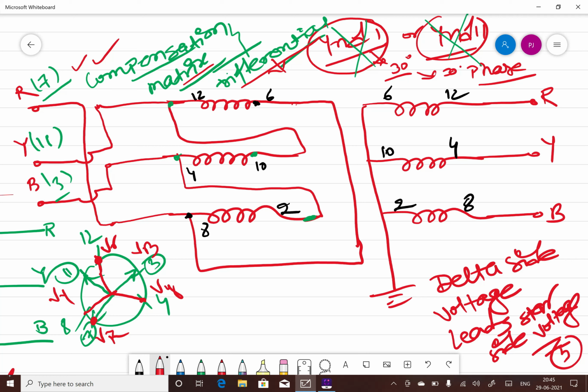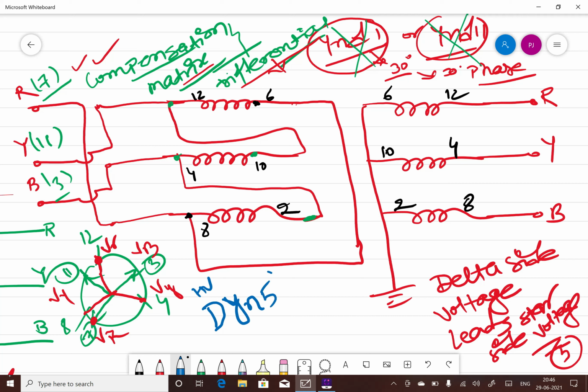That means if you now see this connection, it has now changed from DYN1 to, first of all, which side is leading? Delta side is leading, that means delta must be your HV. Which side is lagging? Star. So this is a star, which is a small letter. Is the star grounded? Yes, that is this. And now what is the angle difference between the star and the delta? So delta is leading star by 5 o'clock.